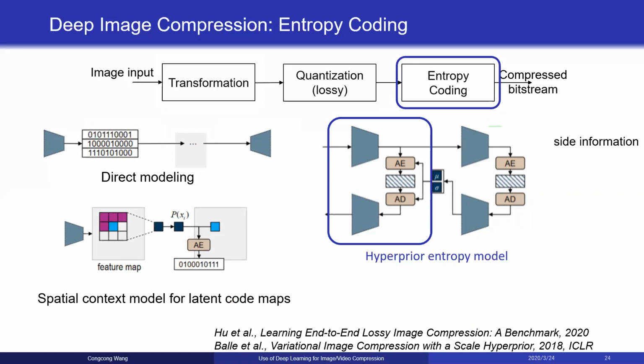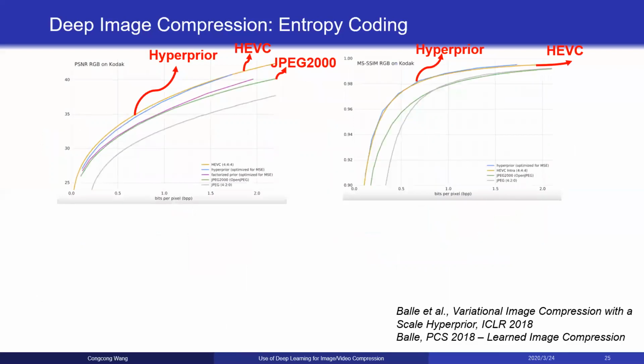Besides this, in this hyperprior network, they introduce another network to extract some side information from the latent space. The side information can improve the entropy estimation of the latent model. With this hyperprior method, a significant performance boost is obtained. The model without hyperprior, shown as the purple one here, has performance comparable to JPEG 2000, which is the